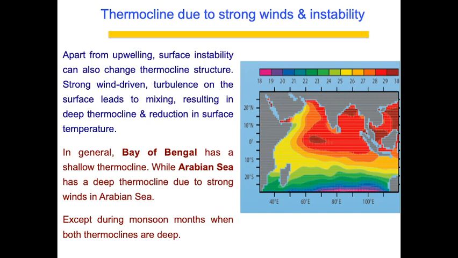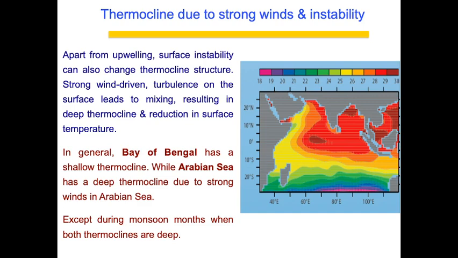A shallow thermocline means a very shallow mixed layer. Shallow mixed layer means not much energy, correct? That is what we have read, that we have understood so far. But when the thermocline is governed by the strong winds and instability, a shallow thermocline is advantageous, because if there is a strong wind and instability, then the upper surface of the ocean will get thoroughly mixed